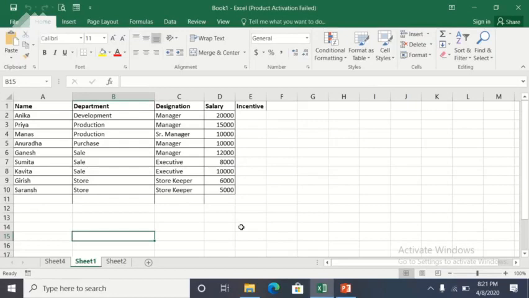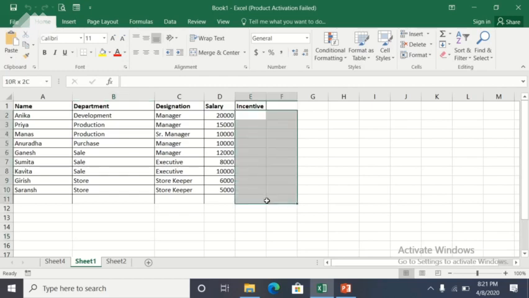Now we will learn about data validation. Now what is data validation? It restricts the data entry on the basis of a condition or a criteria. Now look here in this table, I have already entered a few records. Now here I want to enter the incentives for these employees. So I want these employees to be given an incentive within some range. So what we can do is simply select the area where you want to apply data validation.